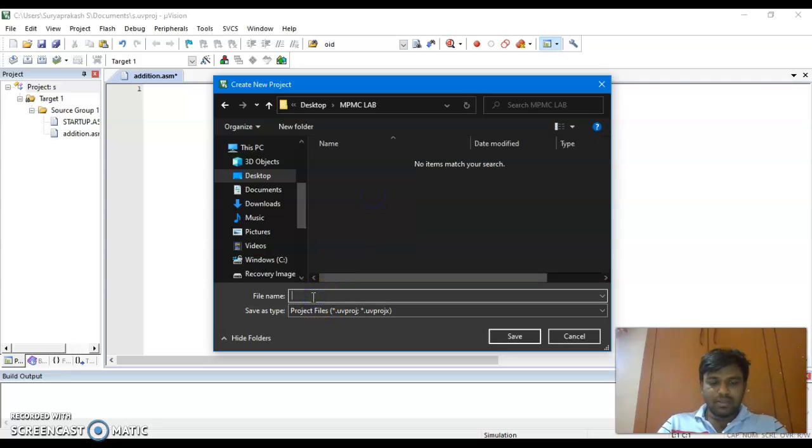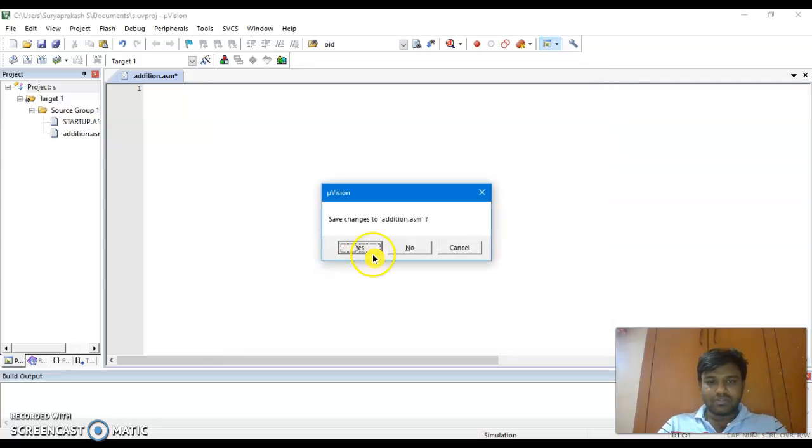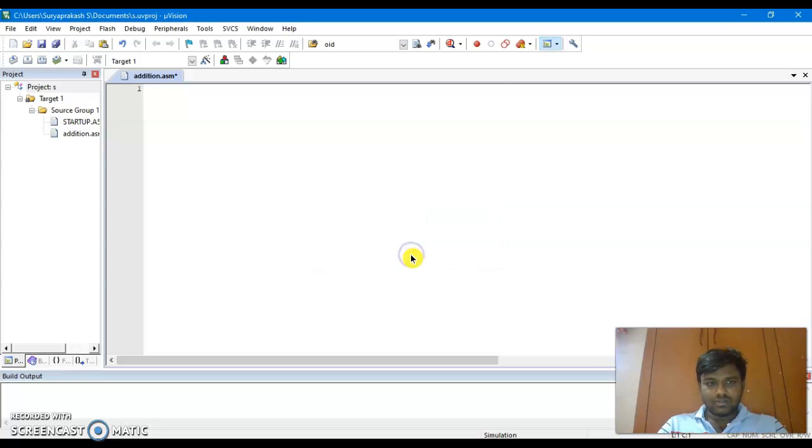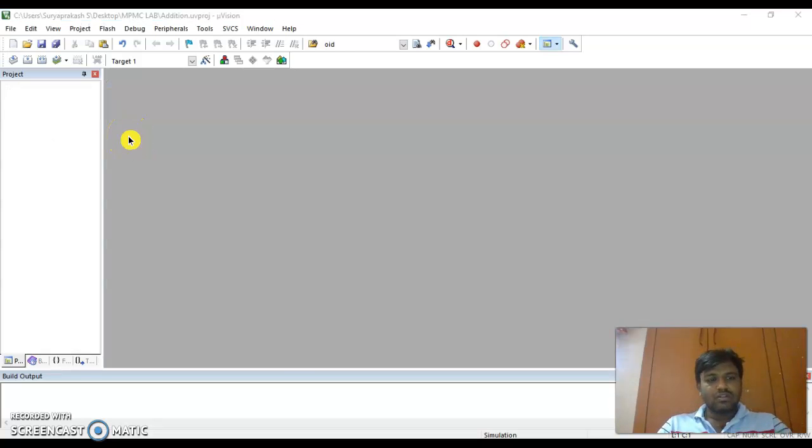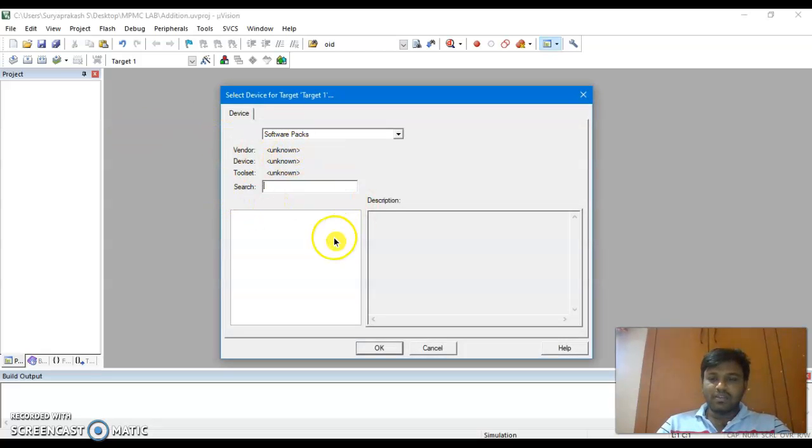So this is my basic addition program. I'm going to create an addition project file. This is the basic window that will open to select the target device, because the KEIL is an IDE that